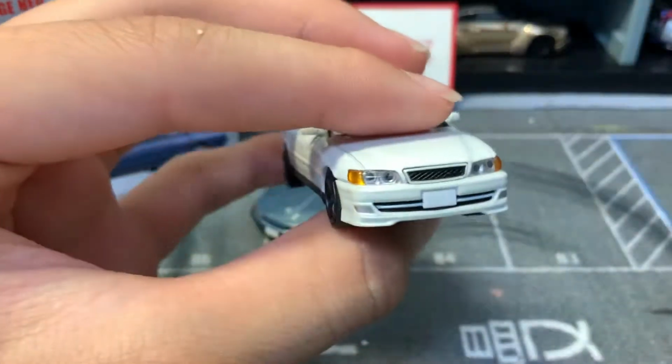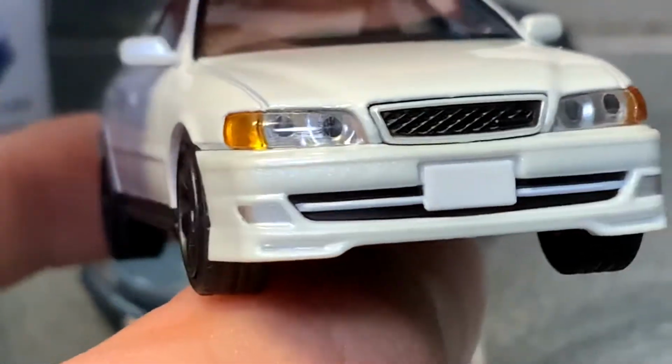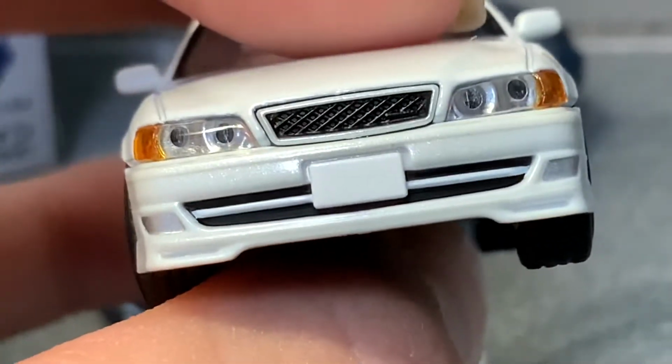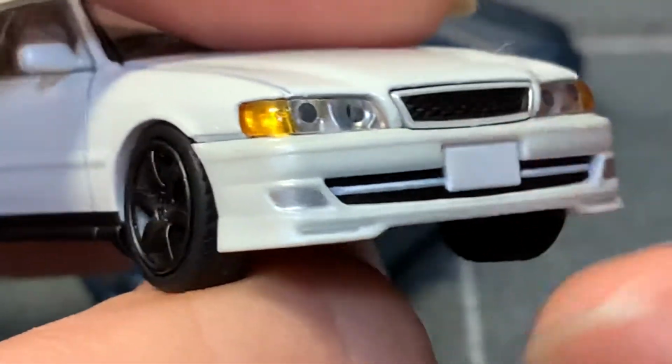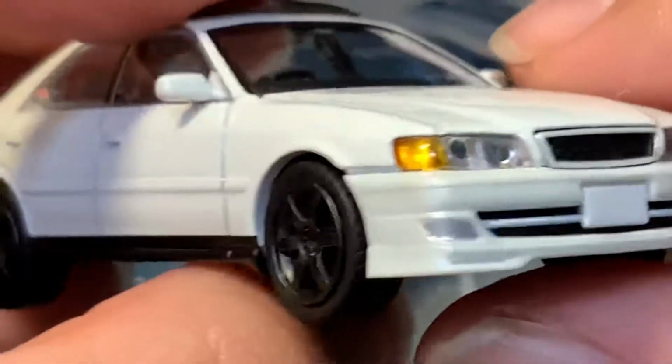And yeah, moving on to, wait, I haven't even finished the front. Headlights, gorgeous detail, just looks super realistic. And we have the grille right there. And I really like this white accent around the grille right here because this is kind of a sign of real Chasers, because my Aoshima Vertex Chaser also has this one, although it's silver, but whatever. And yeah,